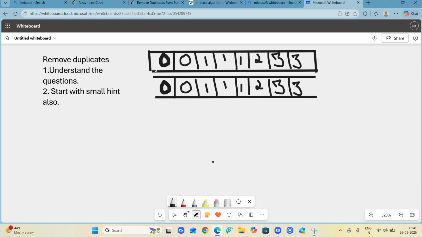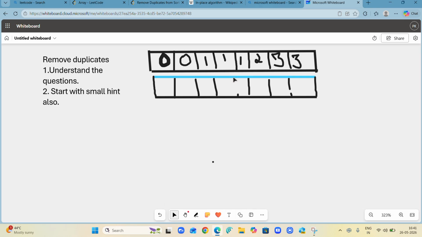Okay, now it's much better. Let me erase this also, and you would soon realize that I'm erasing it because I know the reason behind erasing. Okay, now moving ahead.